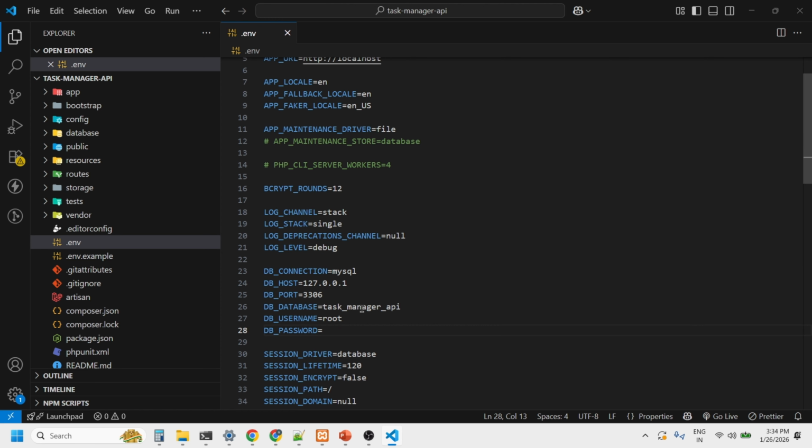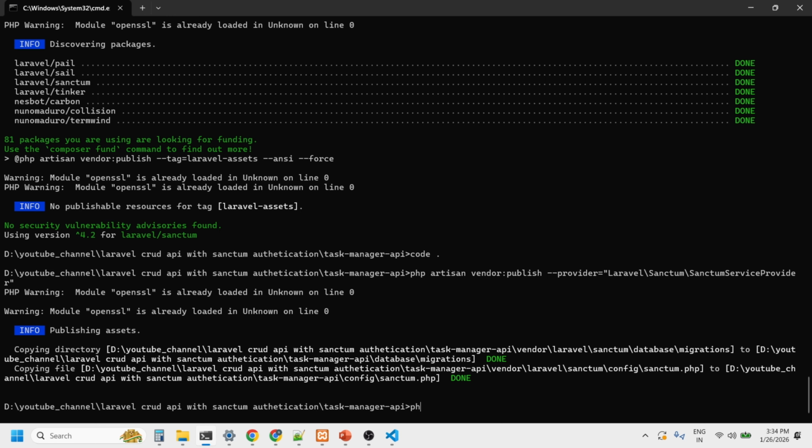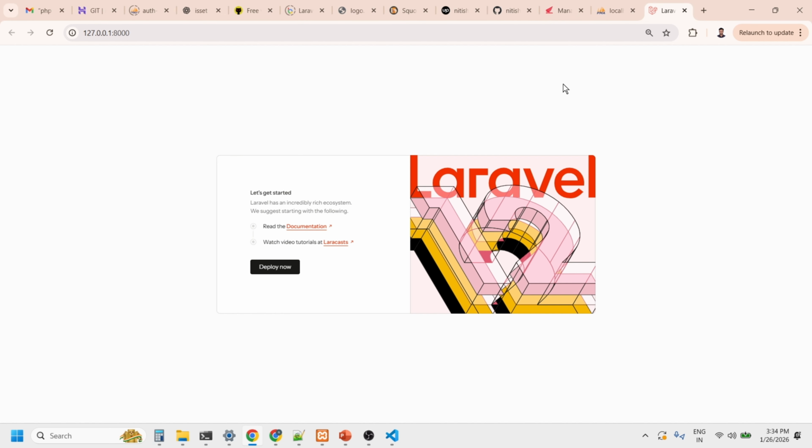Your database name will be task_manager_api. Now if you run php artisan migrate, it will create the database and the default tables, everything in your local MySQL database.